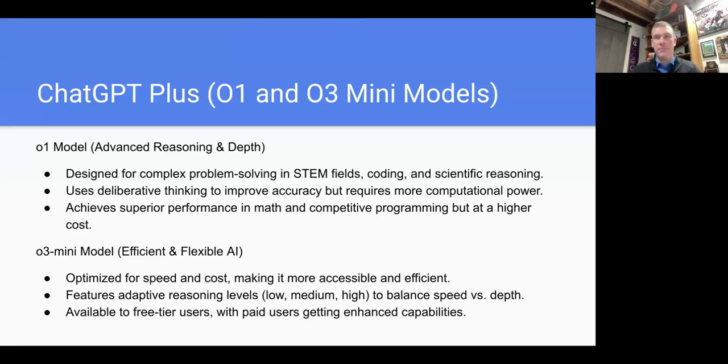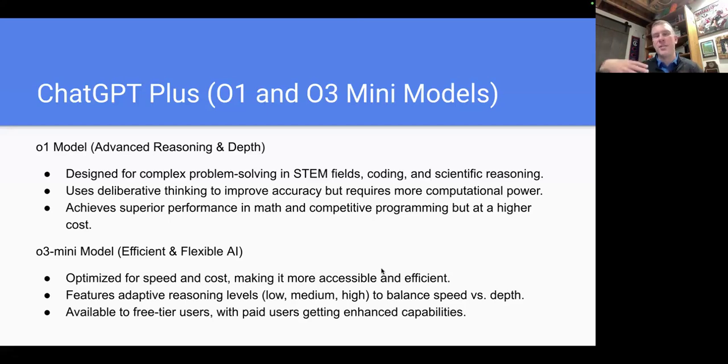Now, the o3 mini model could actually be one for you if you're more environmentally conscious and you're like, I don't like these AI machines, they're taking tons of water, tons of power. These mini models are designed to be faster but not use as much power. So they're not as robust as the 4.0 turbo and the o1 models. They maybe don't have as much depth, so you're not going to get as advanced of answers, but